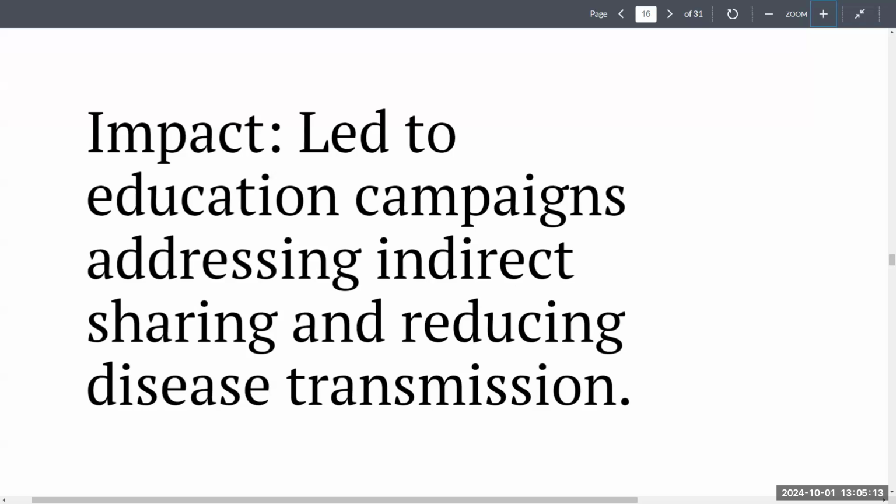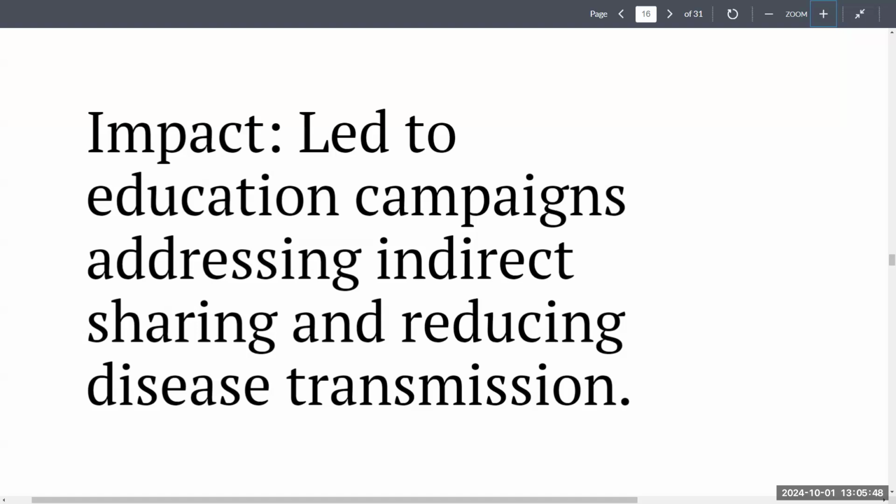So as a result of what they found, they decided to implement educational campaigns addressing indirect sharing and reducing the transmission. So essentially, they took on the study because they realized that even after their campaigns and even after the people themselves were telling them we are not sharing needles, the test results ended up being the same. The amount of diseases that were being transferred or the amount of cases that were being reported was the same before and after. But once they went in and did the observation, they realized that there was something different, and